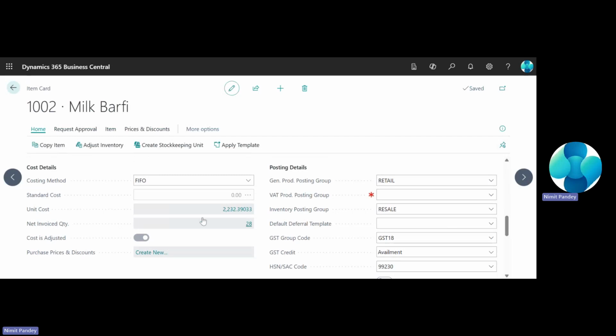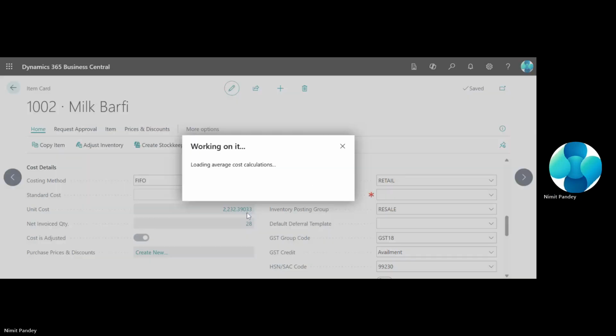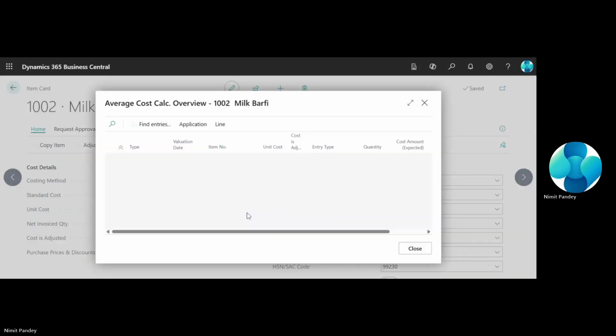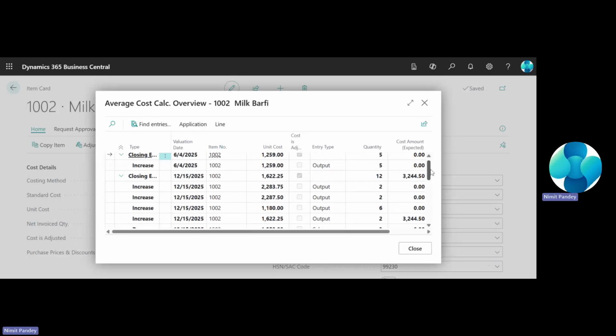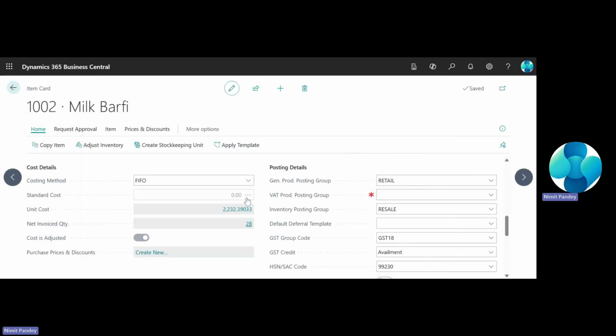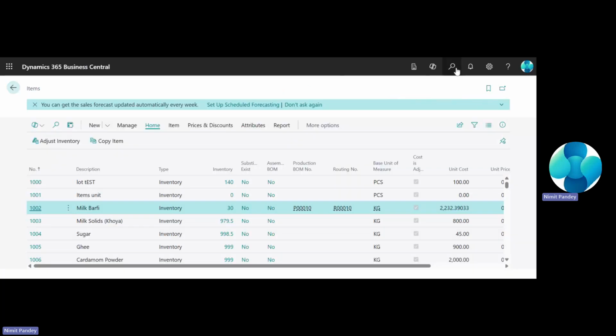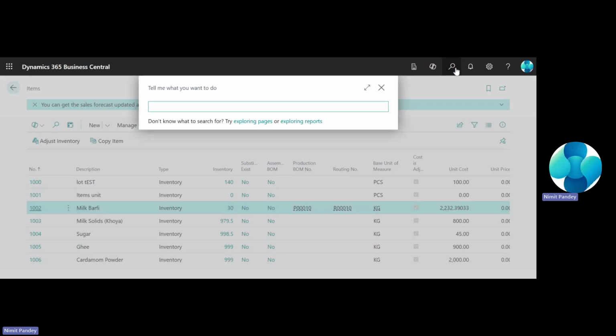So this is the unit cost, and our inventory decreases with the unit cost, and the same way COGS. Okay. And one more thing, Business Central creates one more entry while posting the receipt or shipment,